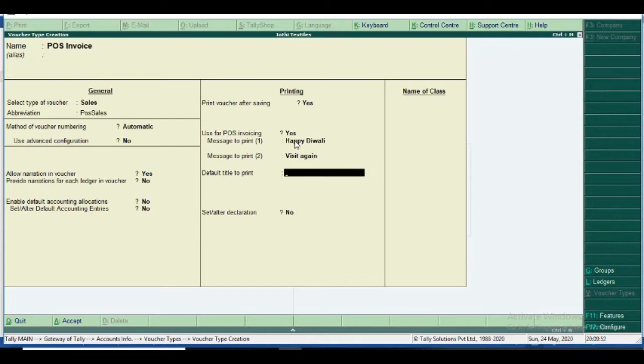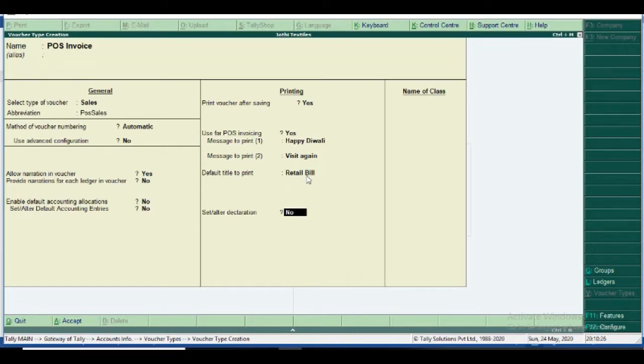The title is not POS invoice, but cash bill. Cash bill or retail bill, any, we give the title for the bill. I give retail bill, yes. Tally by default maintains some declaration.